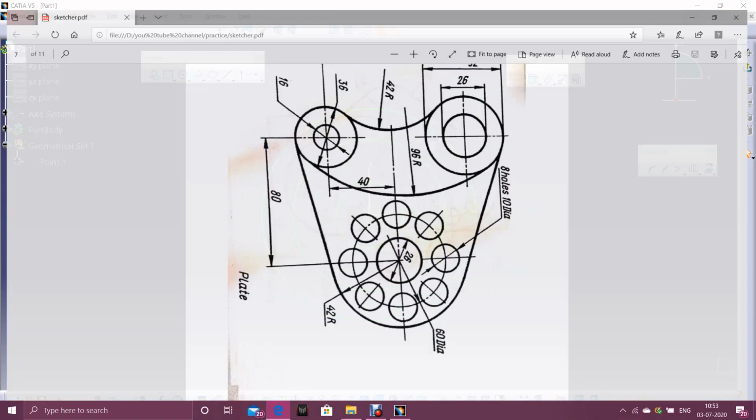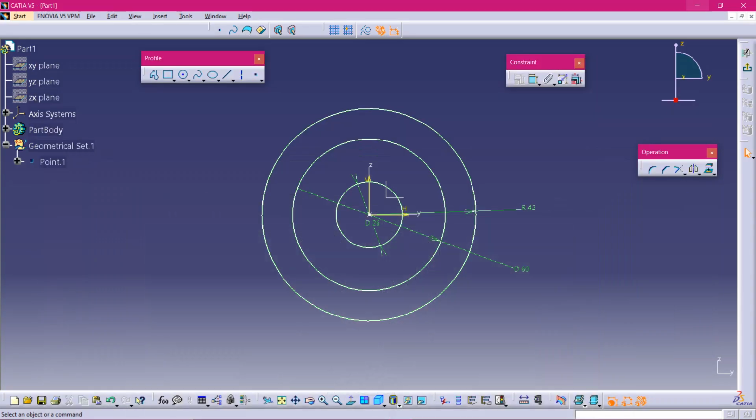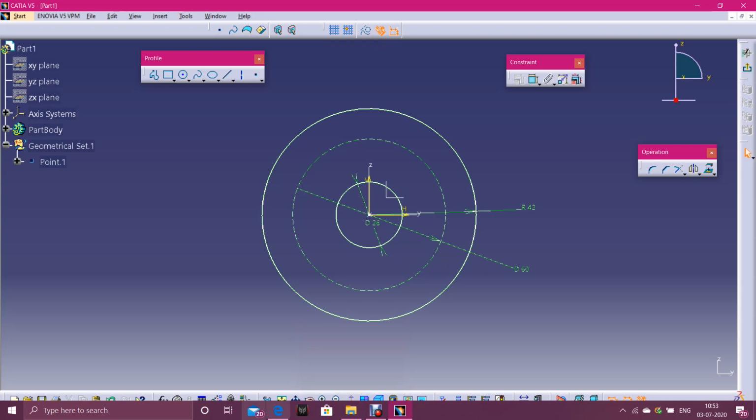So again go to the sketch. In between we had a circle, and it is in dotted. That means it's a reference circle. So we have to change it into dotted format. That means select the circle, click on this construction standard element, so it will change it to dotted type. Okay, now again off this. So again I'm going back.